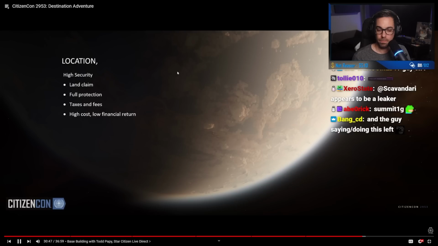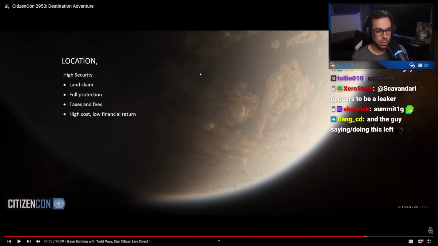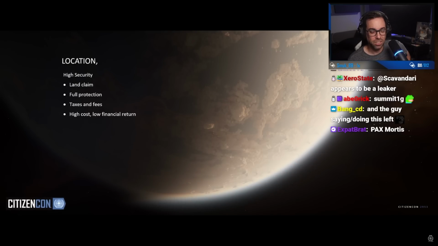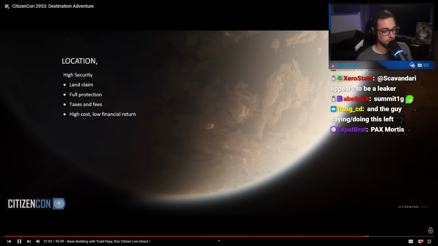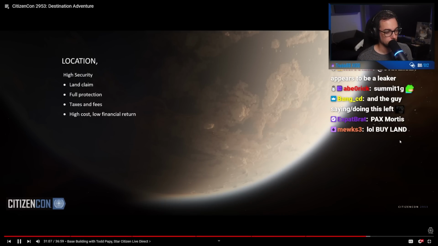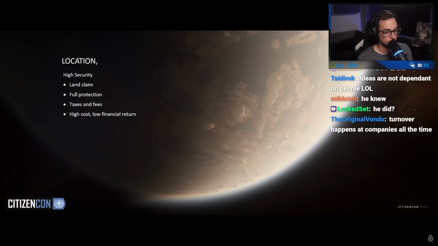Security. So you must purchase the land. The base is actually invulnerable because of the planetary shield tech. You pay for that privilege. You're taxed. At this point, you won't have access to the best resources available on the planet. If you don't pay your taxes, the shields will go away after a period of time, and the base